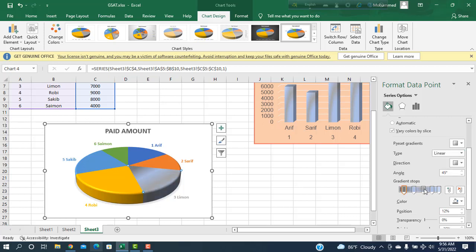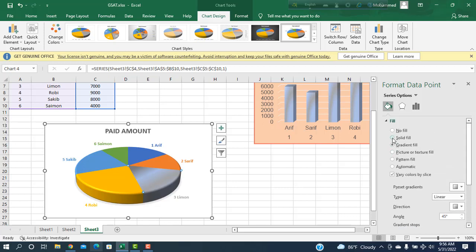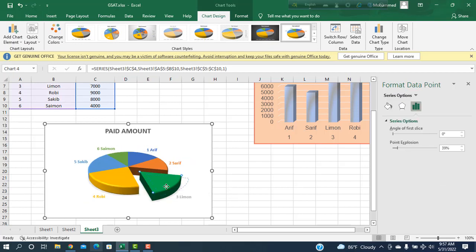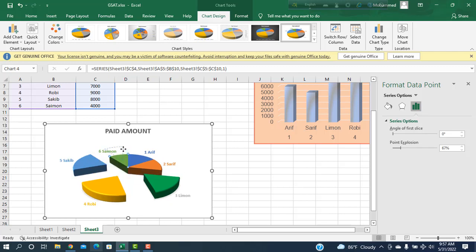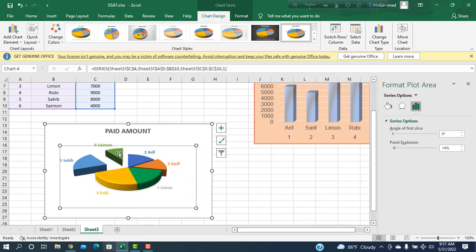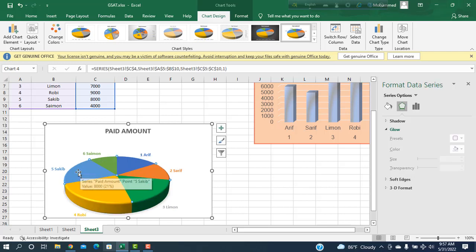Now see, this one is changing, or I can take this one as solid color, and I want to change the color, taking this one. Okay, see, and I want to show this one separately. When I drag it, then see. Separately you can show it if you want, then I want to join together and drag it inside. Okay, okay, see,